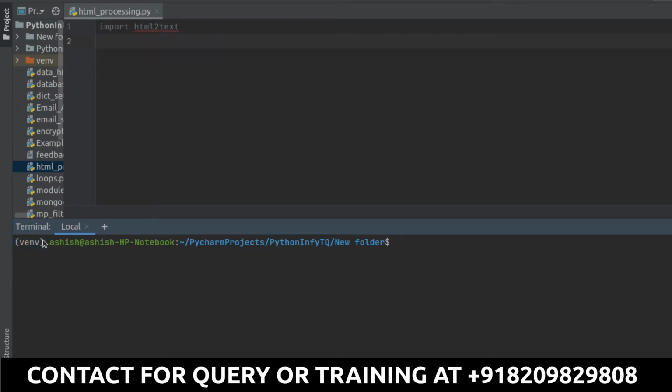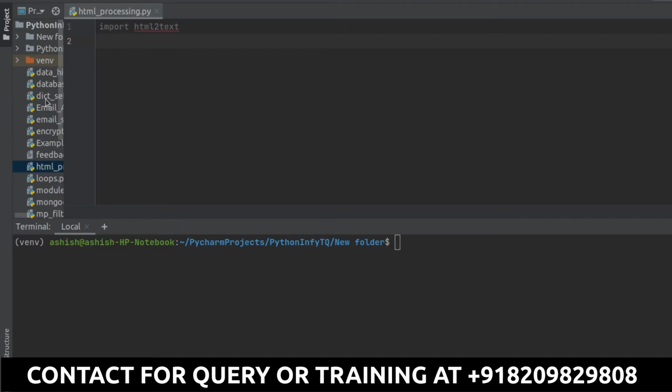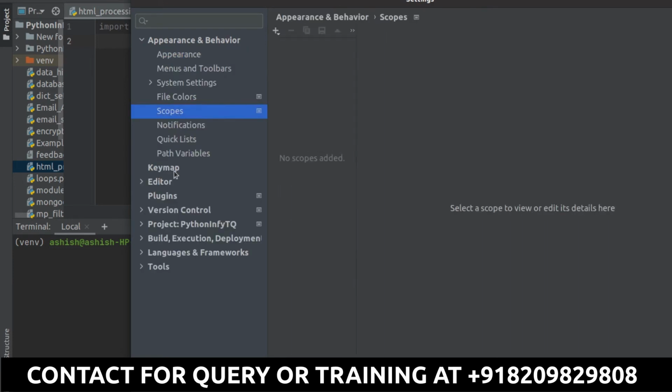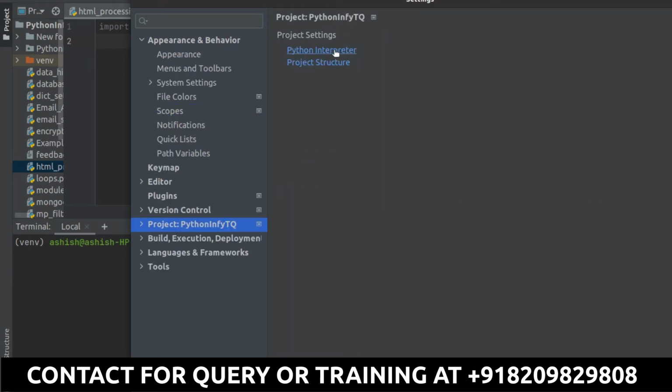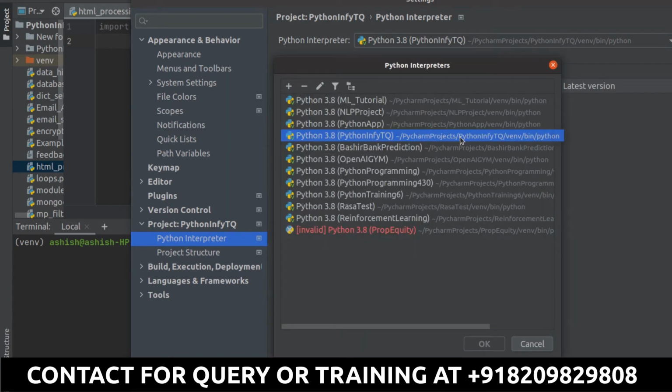If you don't have a virtual environment and you want to create one, let me show you how exactly you can do it. If you are using PyCharm, it's very easy. You can directly go to File, then Settings, and after going to Settings you have some options. Over here, just click on the project and go to Python interpreter. In the drop down menu, go to Show All. Now click on plus so that you can create your new virtual environment.